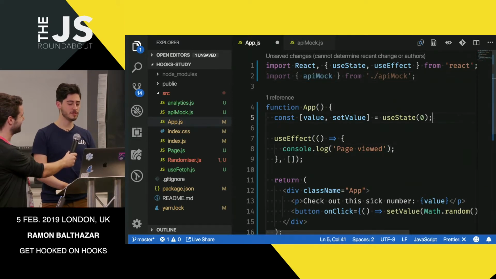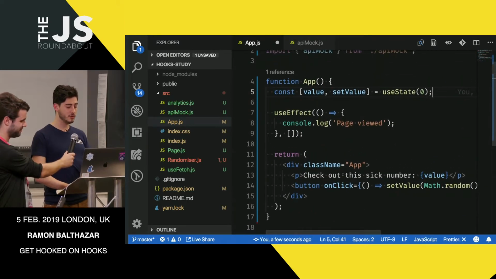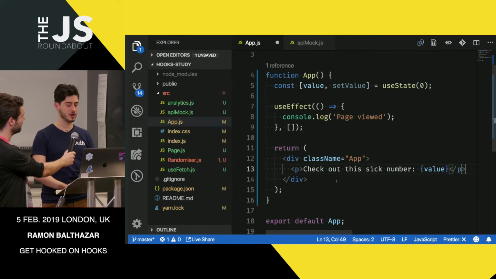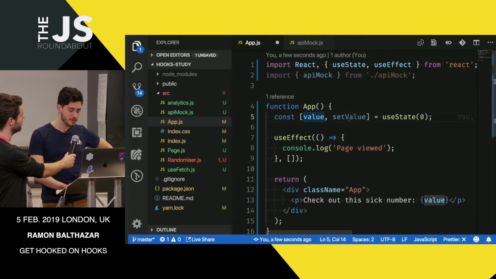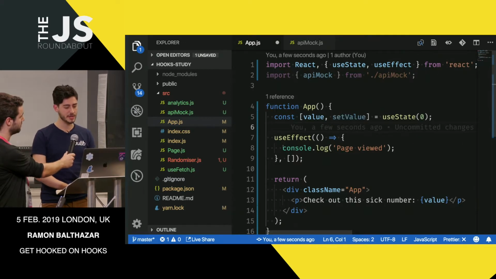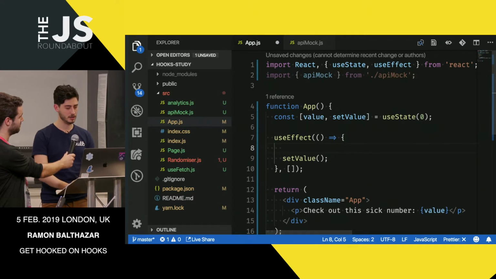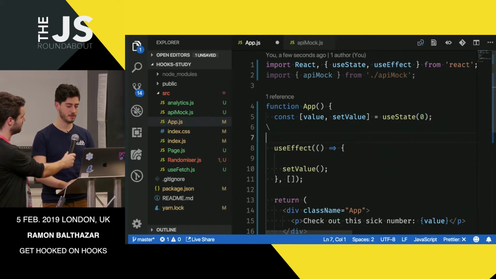One thing, looking at this component, now we don't want a button anymore. We want the random value to be called from an API. So how should we do it? We've got value, we've got setValue. This value needs to be inside this component, and we want to update it in here. So we want to call setValue here. Okay, and we need to call the API. So let's make this an async function. No, you can't do it. So let's make it outside.